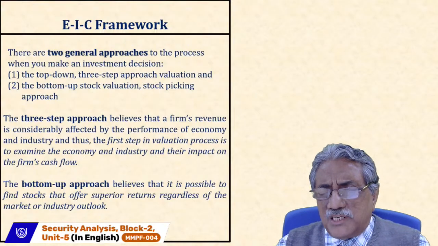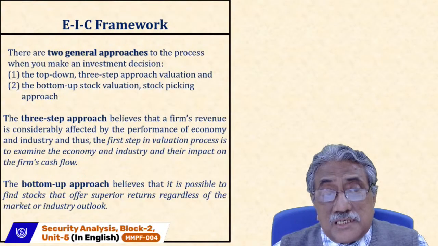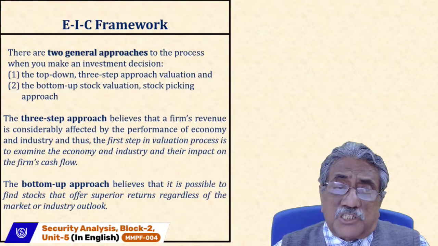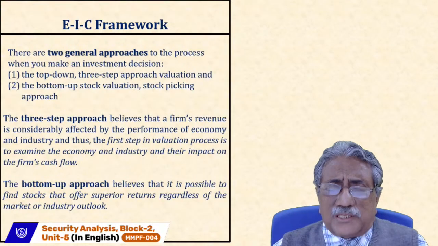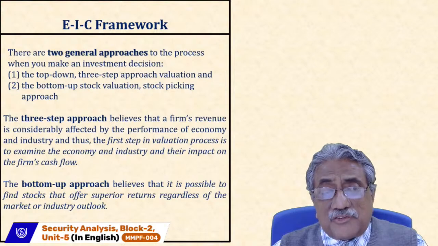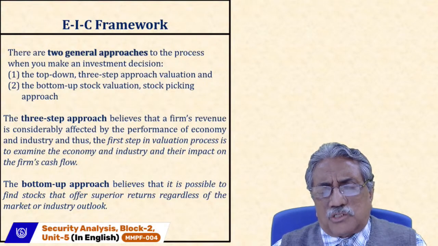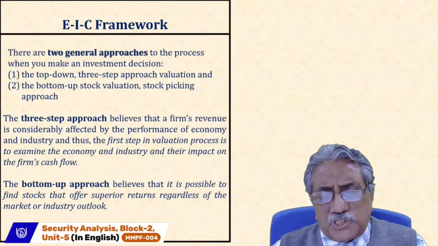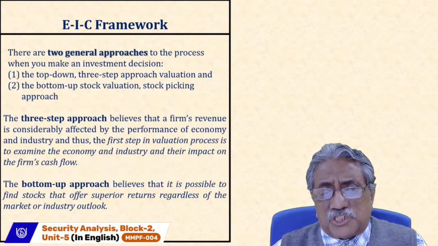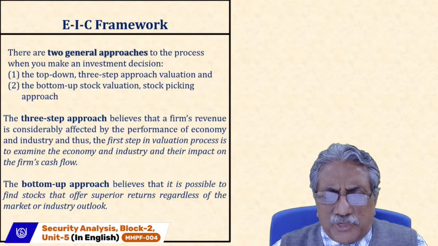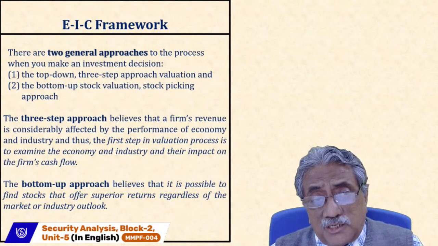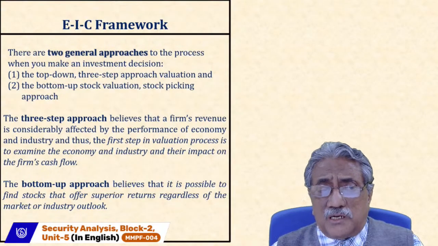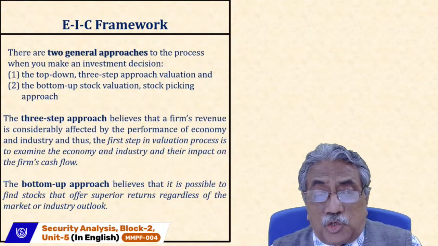You identify the stock first, and then try to see how the industry is shaping up and how the economy is going to sustain that stock. So there are two approaches I discussed: top-down, where you look at the economy first, then the industry, and then try to see how they are affecting the stocks and their cash flow. The second approach is bottom-up, where I identify the stock and then try to see, in the industry, whatever happens, what happens to this company, whether it can survive or give better results, and whether the overall scenario is conducive for this company to do well or not.